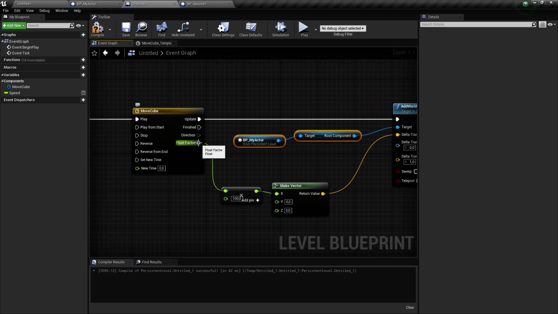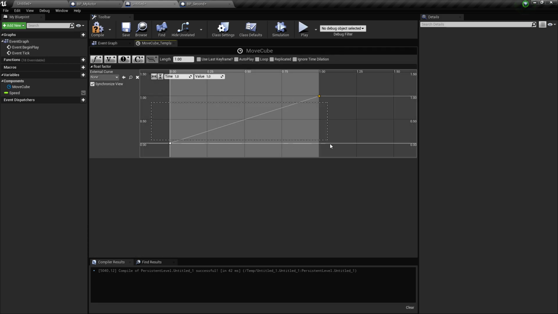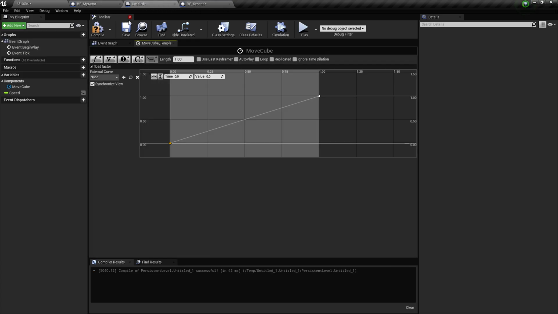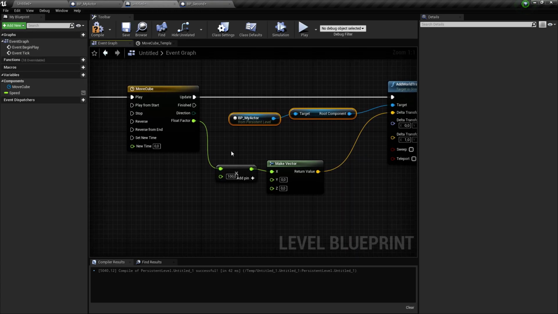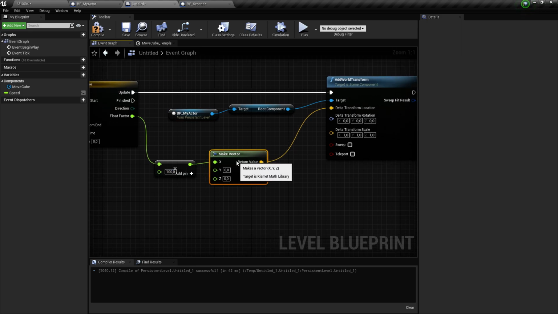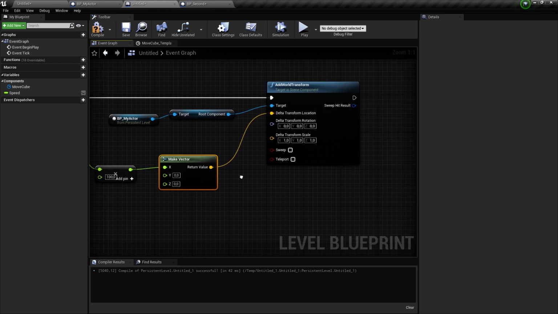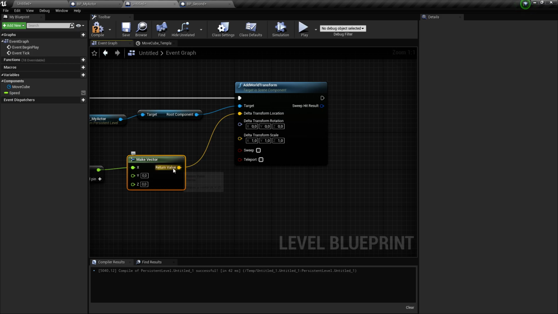And my value, which is 0 to 1, my float track, which is its name that you have here, is going to be multiplied by 100. From this, I'm going to make a vector, so I'm going to move my cube on the x-axis. I make a vector out of it and plug it to my delta transform location.